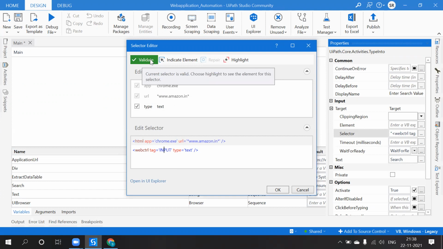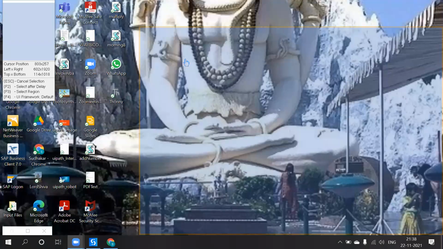Marked as tick means it is validated. If it is not validated, you will get red and a cross symbol will be there. That is called not completed. It is an error. And then indicate element. So what is this? Indicate element is nothing but when you click on this,